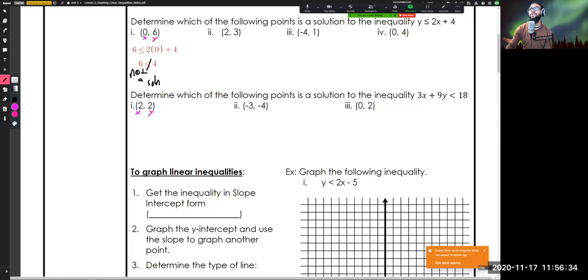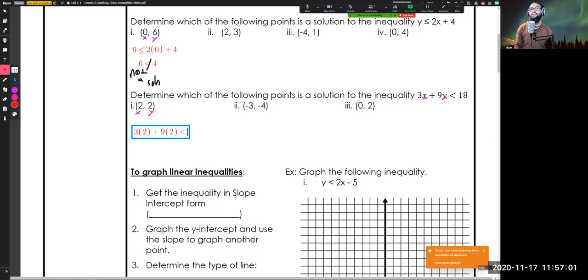Let's make that the same color. This x here, underlined in purple, is going to go with that x. And then this y is going to be this 2. They just both happen to be 2. So when I substitute these two in, I end up with 3 times my x, which is 2, plus 9 times my y, which in this case is also 2,